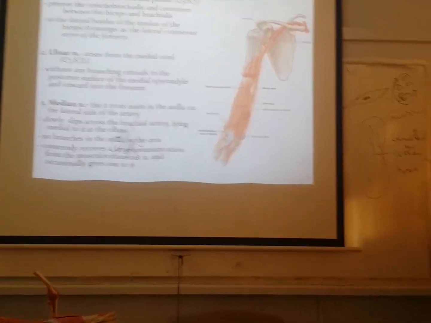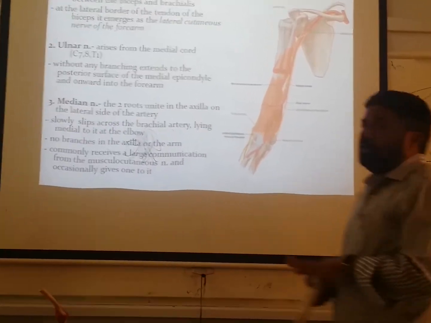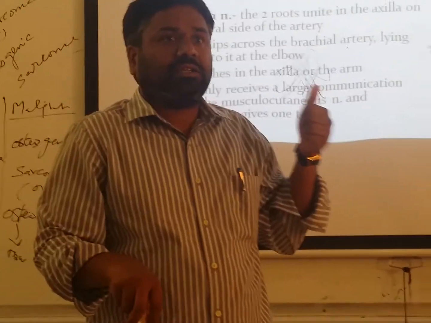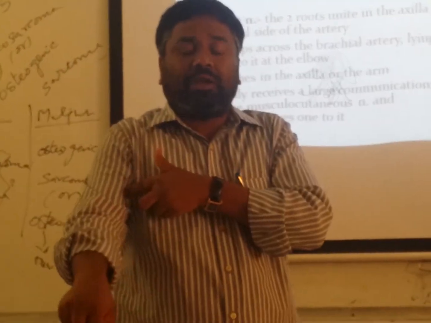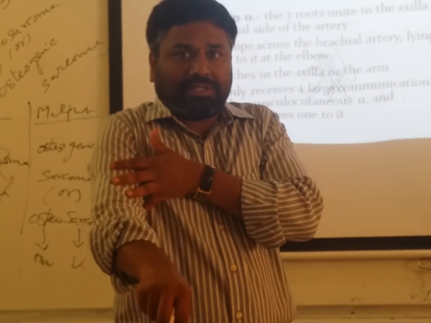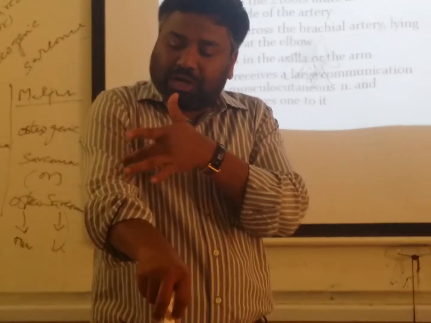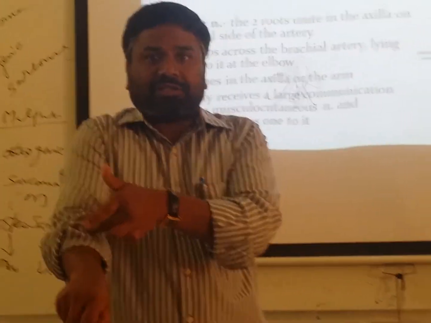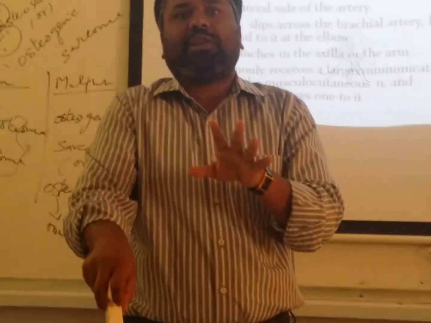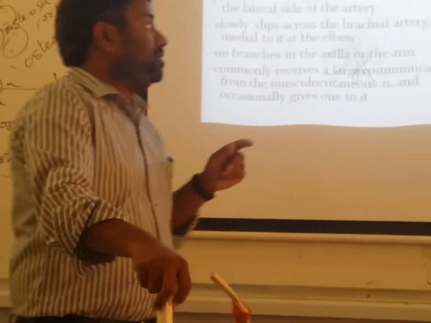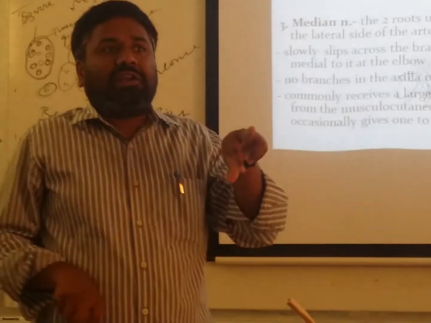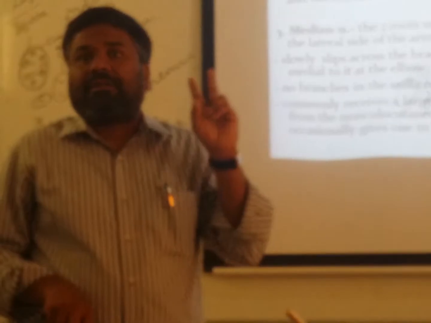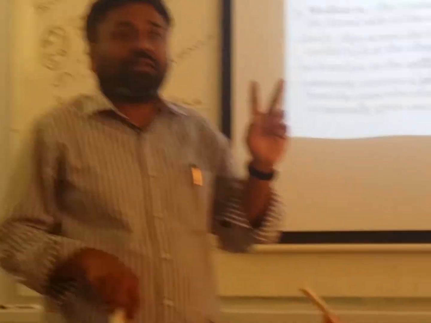Then coming to the nerves. So I said 4 nerves, right? Yes, 4 nerves in the arm. Number 1, musculocutaneous nerve, which pierces the coracobrachialis, supplies all the muscles in the anterior compartment and continues down as the lateral cutaneous nerve of the forearm. The other nerves are median nerve, ulnar nerve, radial nerve. What are they? Median, ulnar, radial.